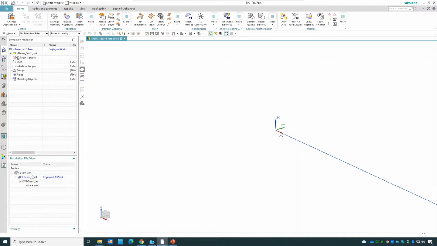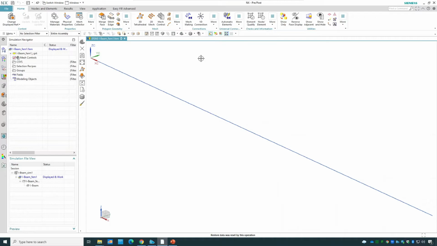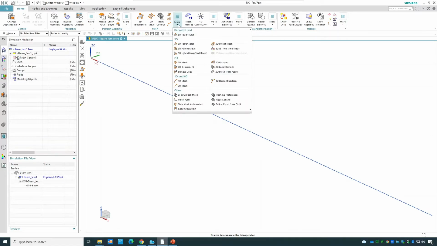And what I'm going to do, I'm going to first create the force section. You can either create the mesh and then apply the force section later, or you can start with the force section and then apply the mesh later. I'm going to start by making the force section first, and then I will make the mesh later. So in order to do that, I'm going to go to the more, and because it's just a line, I'm going to deal with that section, which is the 1D. Now I'm going to create the force section first. I'm going to click on the 1D element section,